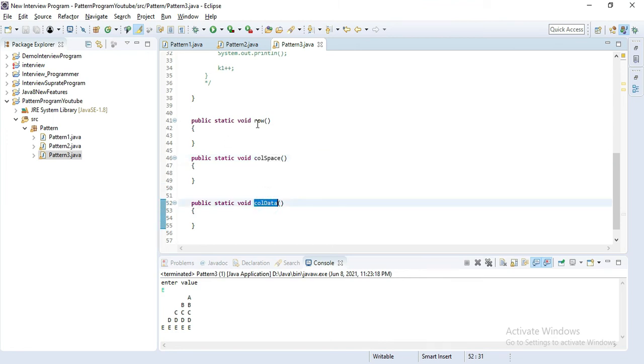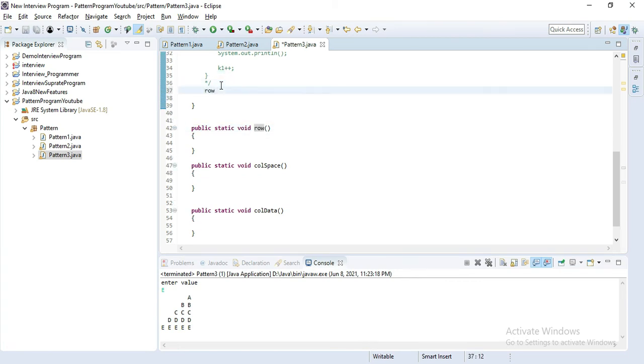Now we have to call those methods inside our main method. We also have to pass the arguments, the initial argument and the n value. Now we have to accept those as int i and int n.